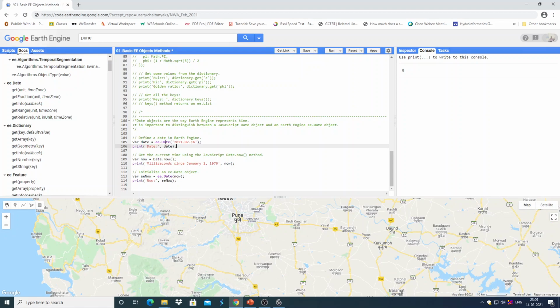Variable date is ee.Date, then year followed by month followed by day. If you run this script, it will print the date. We are passing two arguments: one is simply the date string, and then the actual value stored in the variable, which is an Earth Engine date object. It will print along with timestamp. Okay.